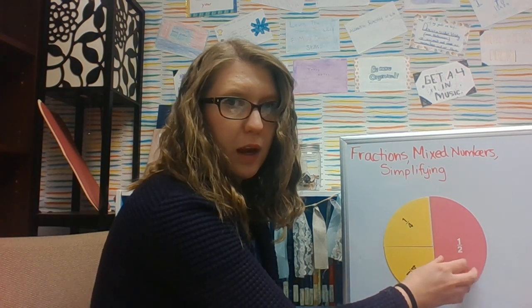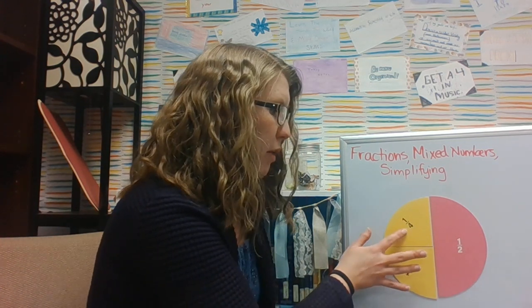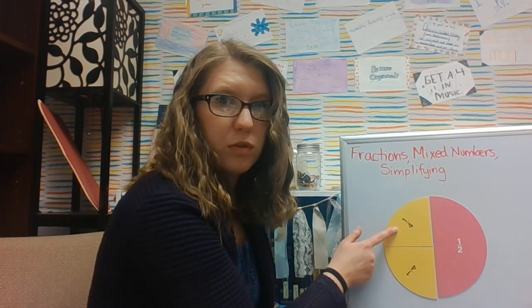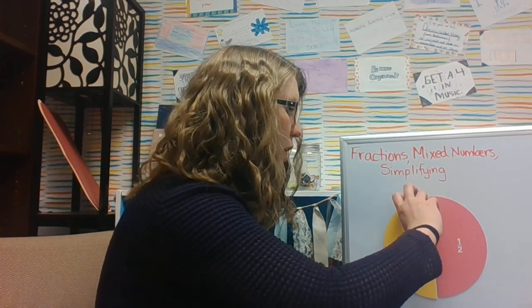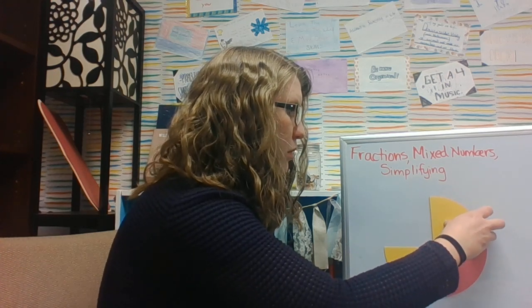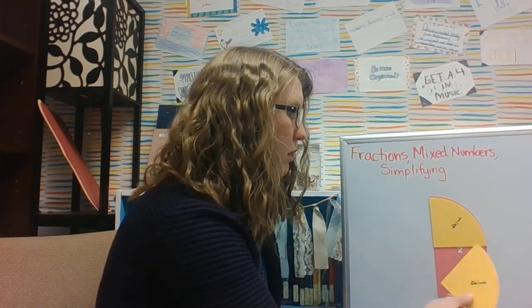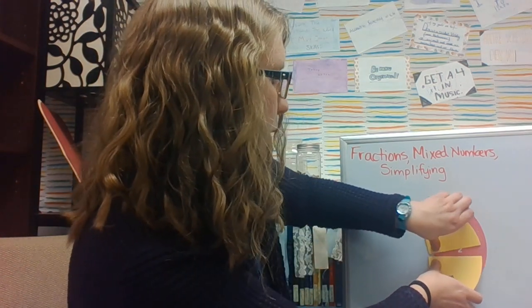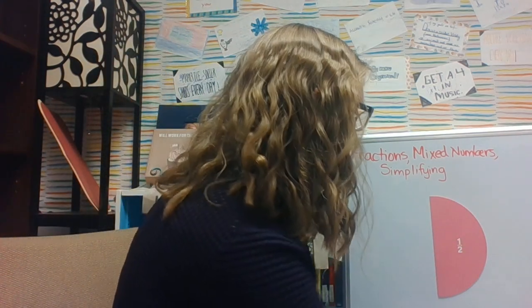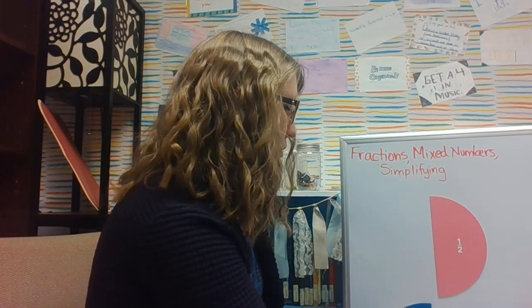I can see that a half of a circle is the same as 2/4. So here's a fourth plus a fourth, and that equals 2/4. That's the same as 1/2. I can even overlap those and see that that's exactly the same. Okay. I can also see that 1/2 is the same as